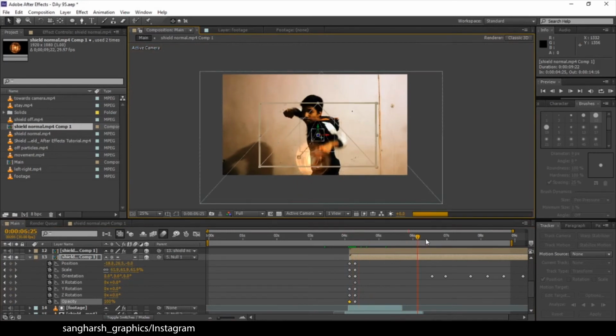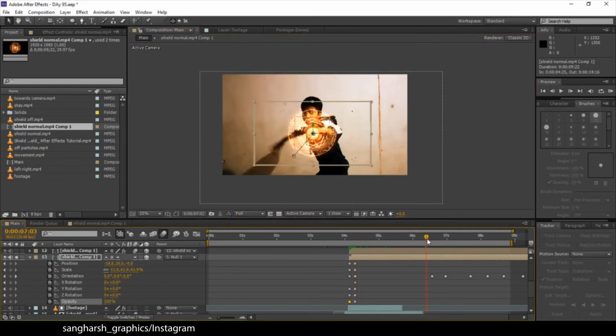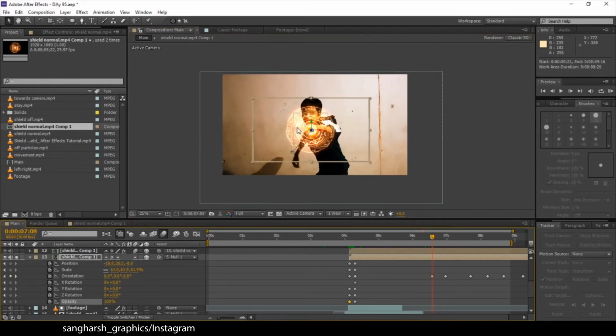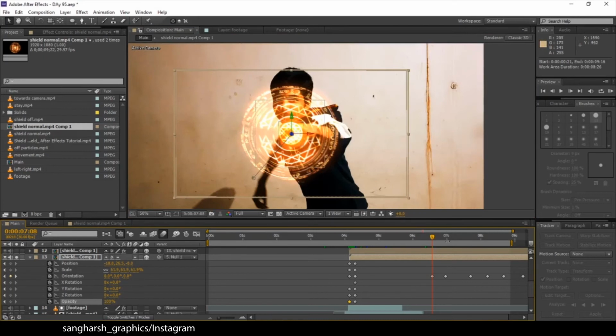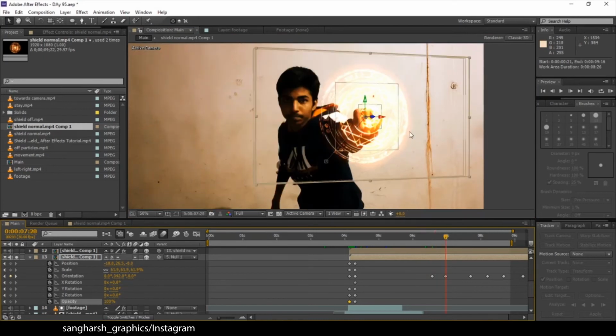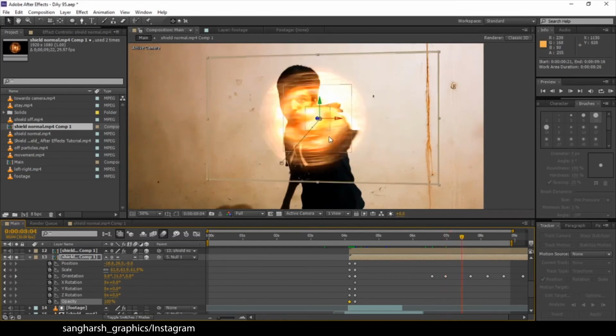Same here, when the hand is moving from one position to another, like from here to here, at this point I rotated it on the Y axis to get a little bit of a 3D look, as if it is rotating according to my view.